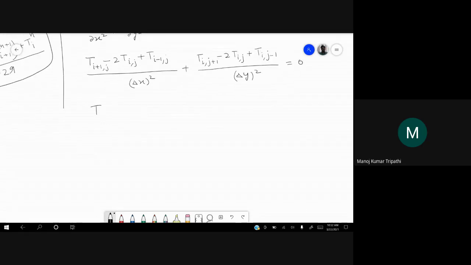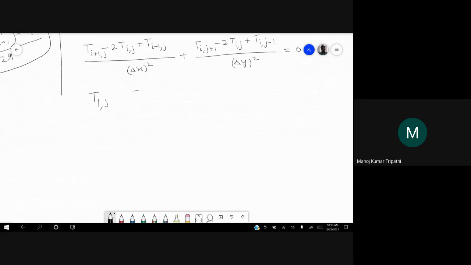If the index goes from 1 to nx and 1 to ny, then you know T(1,j), T(nx,j), T(i,1) and T(i,ny). ny and nx are the last indices in the y and x directions.